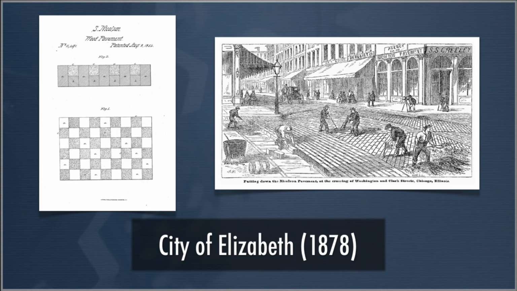So the issue here is he places these blocks, and a large section of his system gets built in the city of Elizabeth, New Jersey. So he was using it for some period of time, a long period of time, as part of a toll road. And what happens is when the city of Elizabeth, New Jersey, goes to create their own streets using his patented